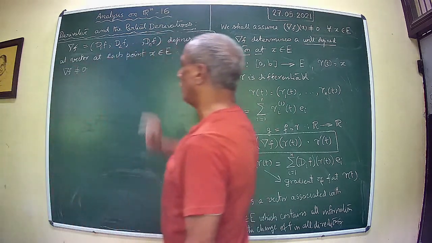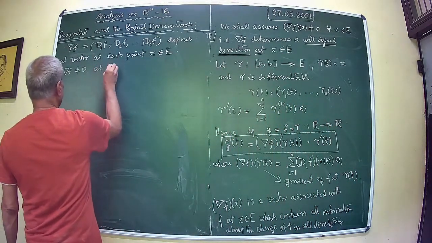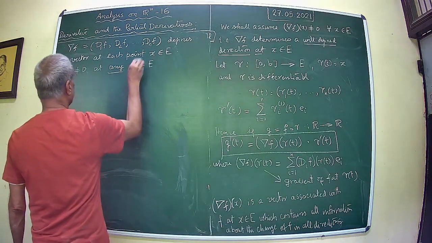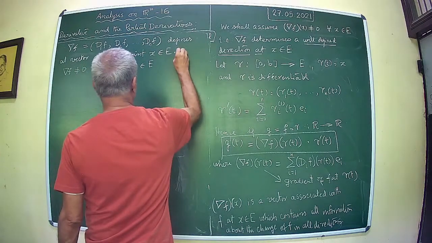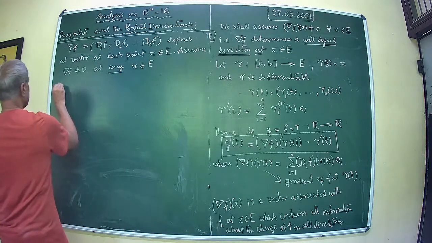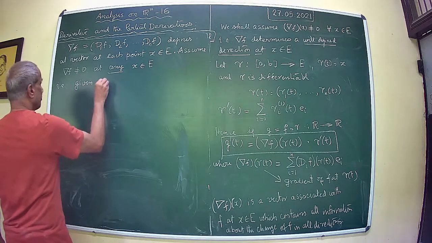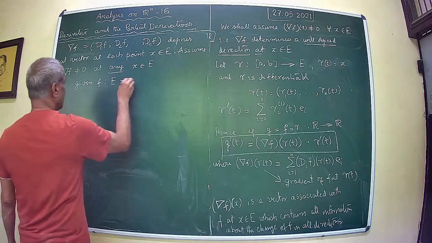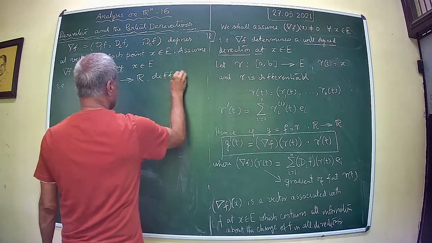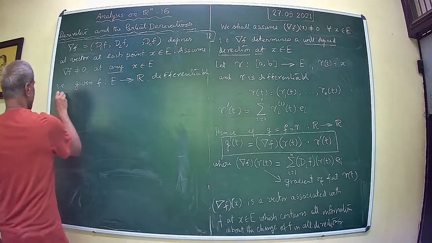That means all components of grad f are not equal to 0 at any point. It's our assumption. That is, given f from E to R, differentiable in E,